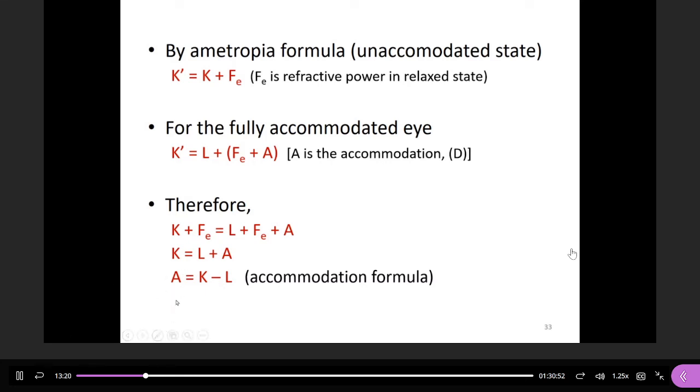I think this equation makes sense because, for example, if you have 3 diopters of myopia, that means K would be equal to -3. And then if you look at an object 33 centimeters in front of the eye, okay,